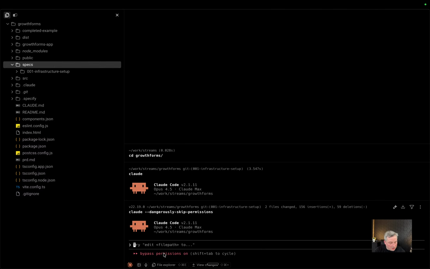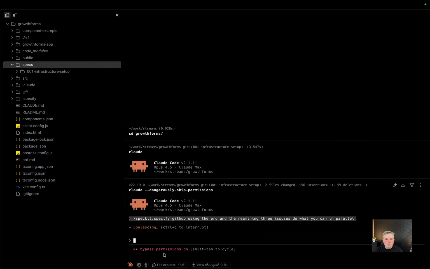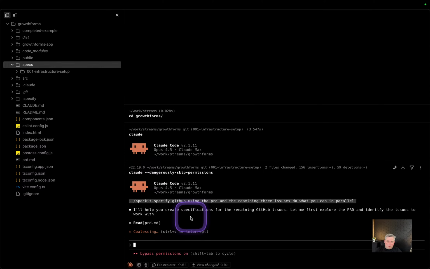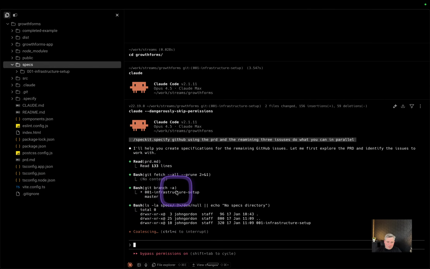going enter, enter, enter. But I'm going to go spec-kit.specify, and I'm going to say GitHub using the PRD and the remaining 3 issues. Do what you can in parallel. So what this is going to go and do is read the PRD. So it's done that for it. It's fetching the different information, and then hopefully